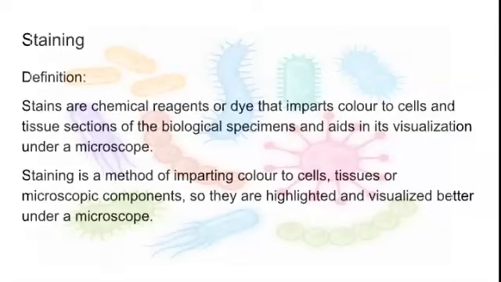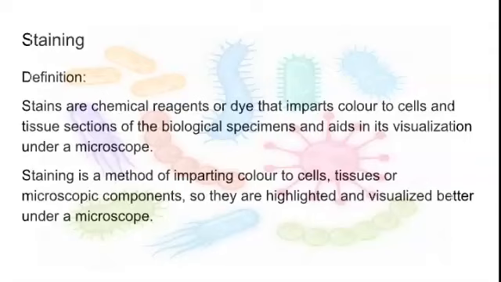What happens when you introduce a stain? Either you will introduce a stain in the background so the organism will be clearly visible, or you will introduce the dye in parts of the biological specimen, so you can visualize the microorganism very clearly in the microscope against a contrasting background. The chemicals which we use for staining techniques are called stains.